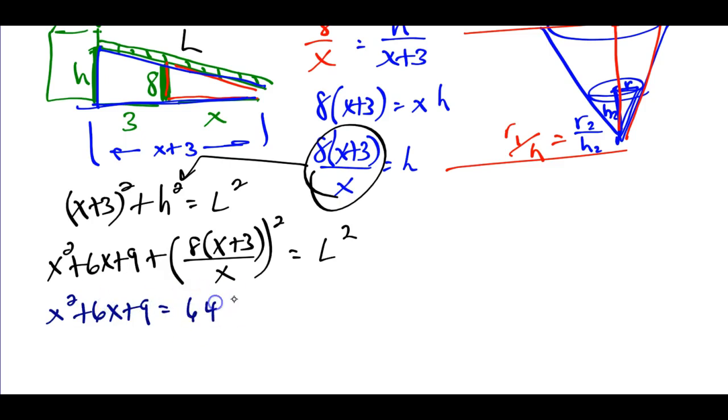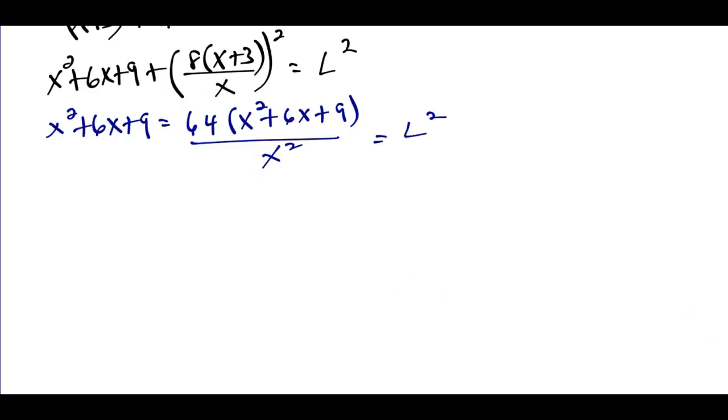Let's see if I can do some of it real quick here for you before we take the derivative of this thing. I'm just going to multiply it out. There might be an easier way to factor out. But most of us feel comfortable multiplying things out before we take the derivative. So I'm going to divide each term by x squared. So when I distribute this and divide by x squared, I just get 64